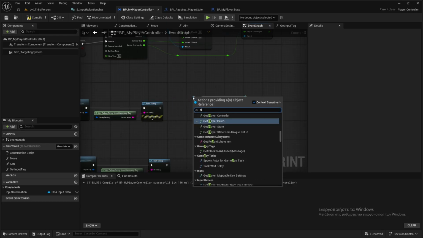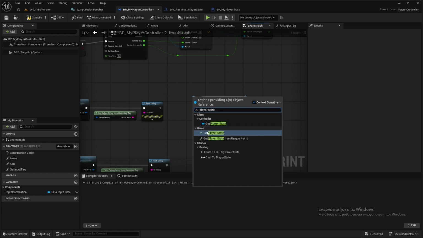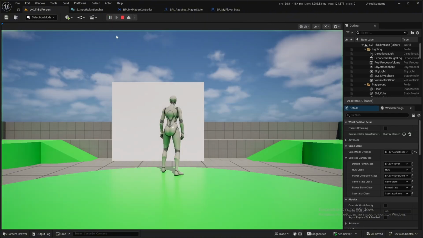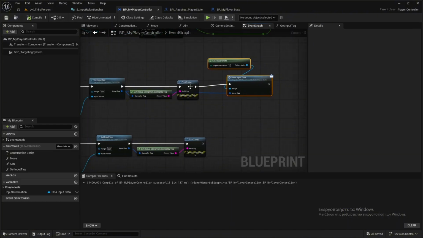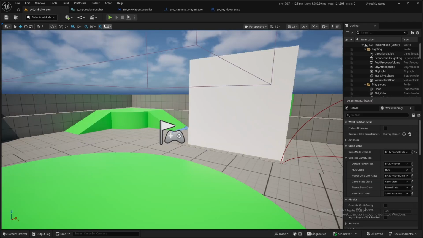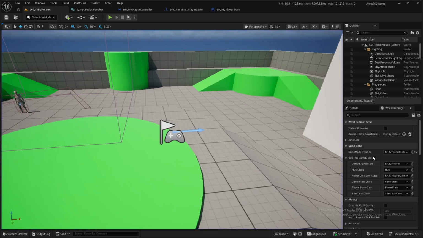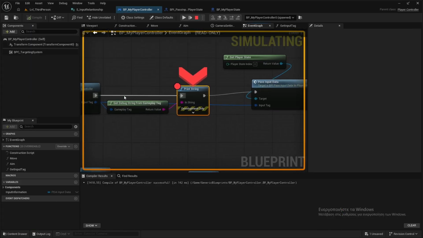The target will be the player state, and the input tag will be this tag. So if I play, actually let's add the breakpoint. If I play and press 1, nothing happens because I need to do this in the game mode. I need to put the BP my player state. So if I play now and press 1,